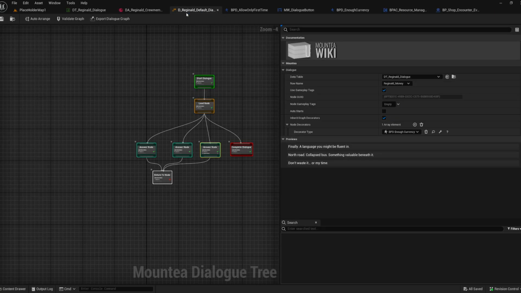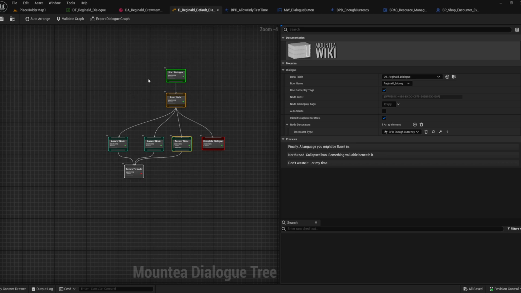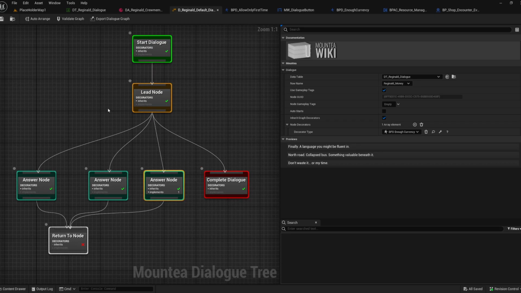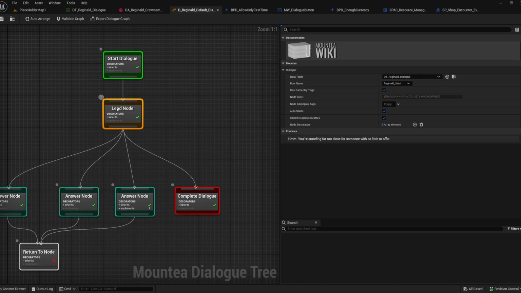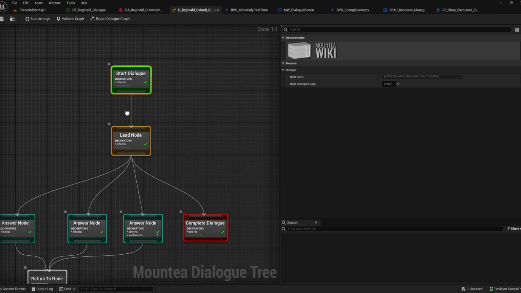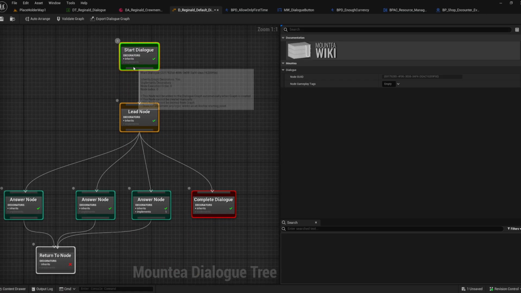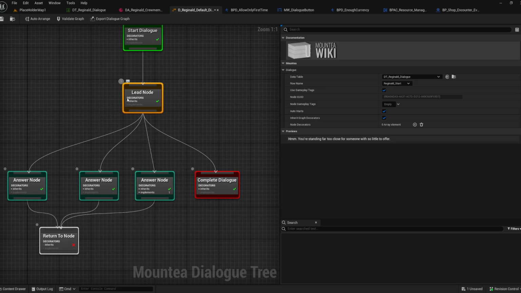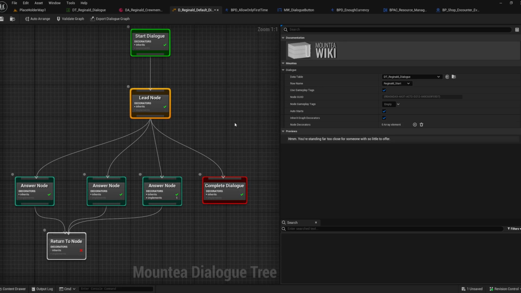So each character has their own dialogue tree. For example, this is Reginald's dialogue tree. The start dialogue is the root. This doesn't really have dialogue, it's just to show where it starts. And it leads to this one, which is the actual starting dialogue. This is where Reginald says, you're standing far too close for someone so little to offer. You can see the preview here, what they're saying. And where